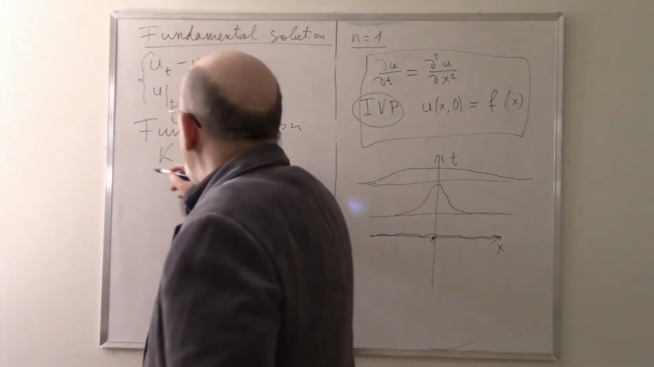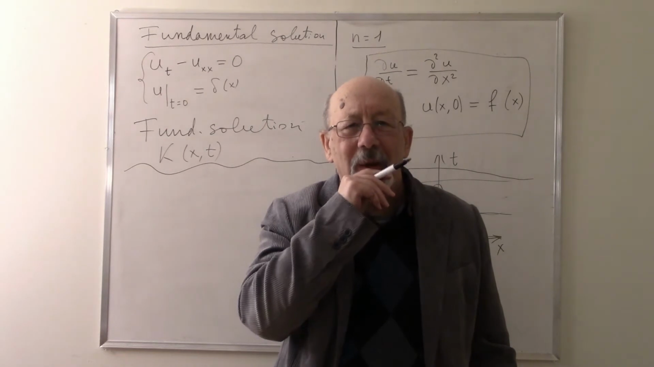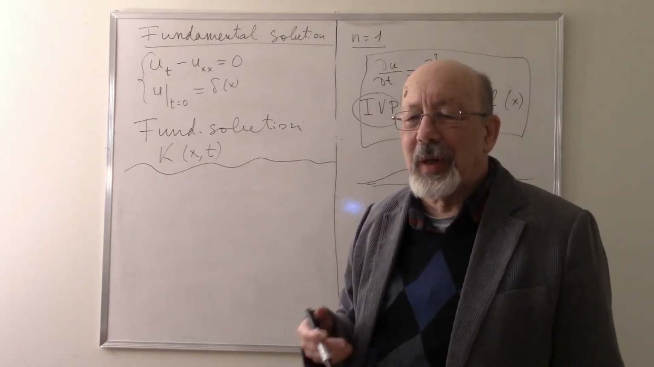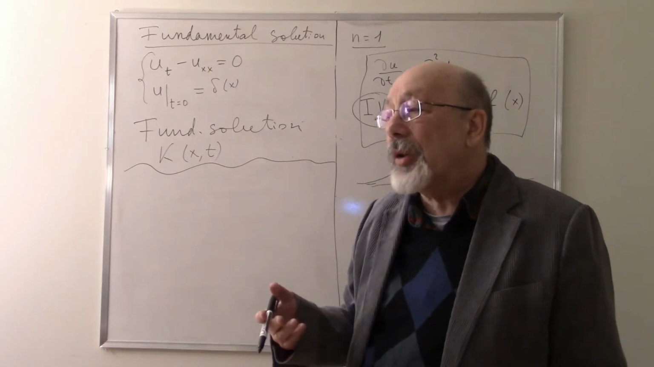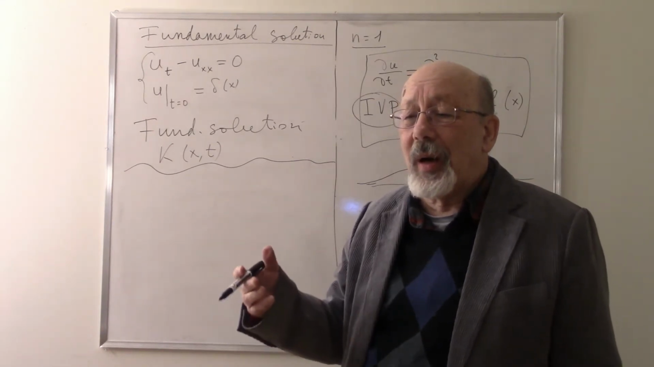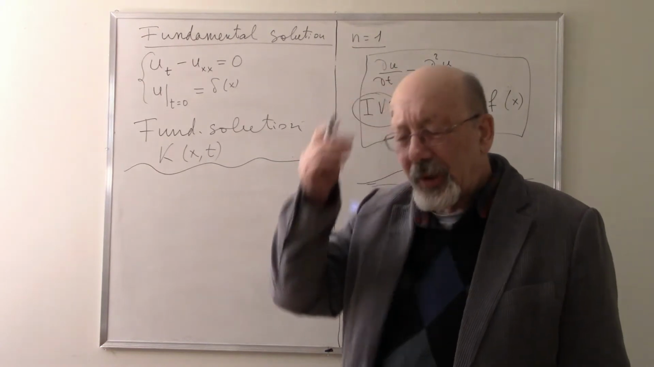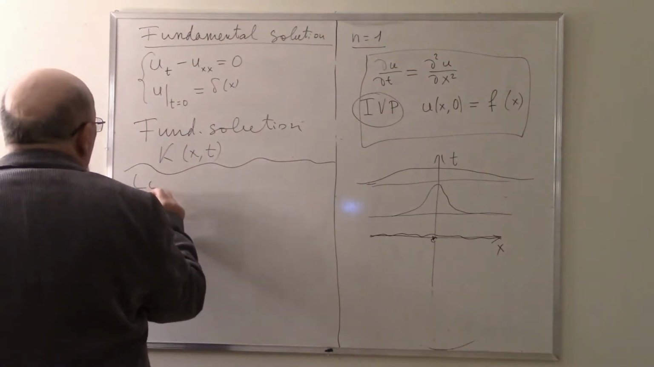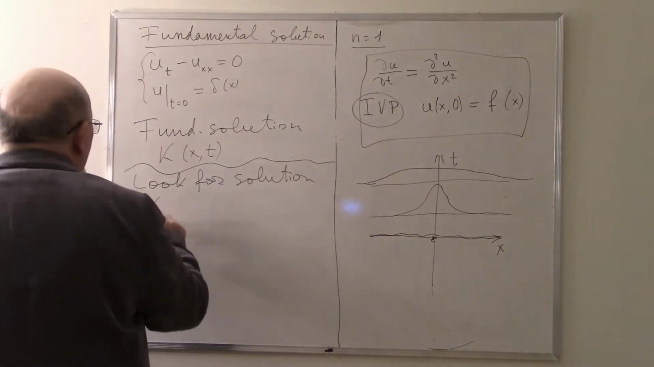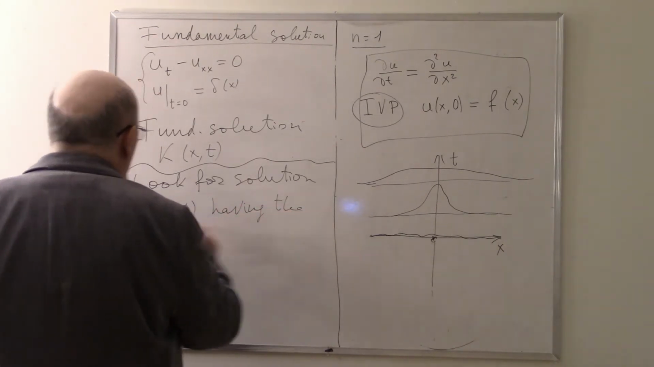So let us start. I am not the first mathematician who solved this problem, so there were enough people who did it before me. I know the answer, but I want to show the way to find it. So after several trials and errors, we are looking for a solution k of x,t having the form